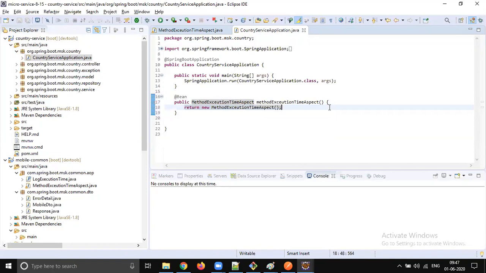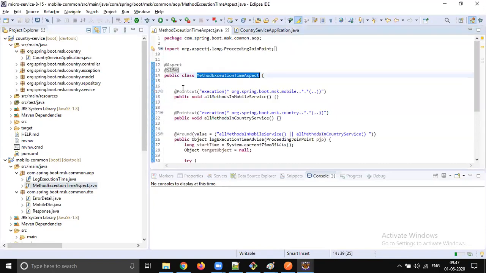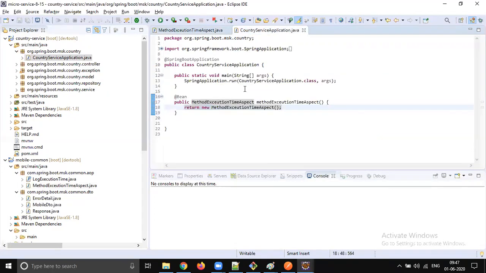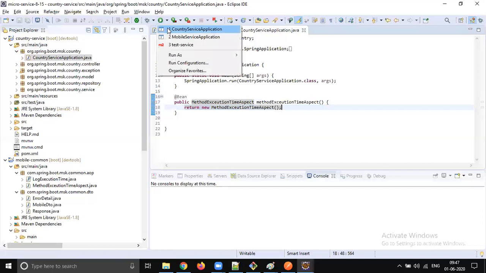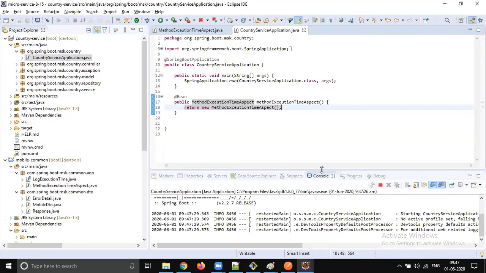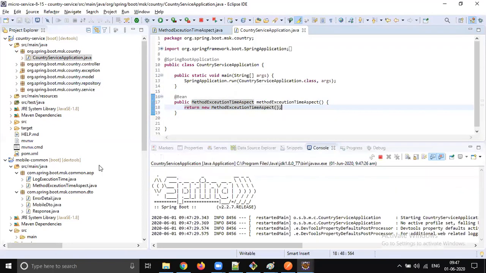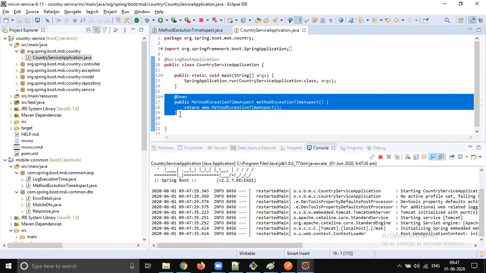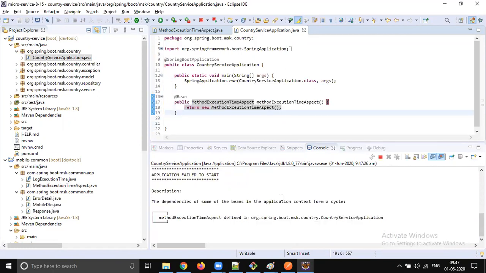Remove the component because it's not part of the sub package, so component won't work. Let's create the bean and test your service. It's going to work. The same thing has to be done in mobile service also. But anyway, we won't do it in multiple places. We will remove it and put it in a common place.